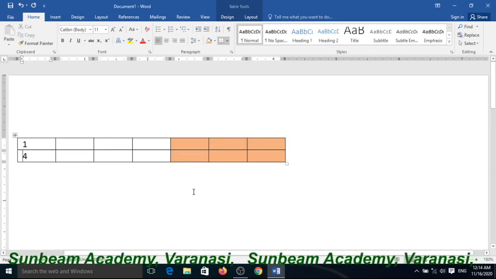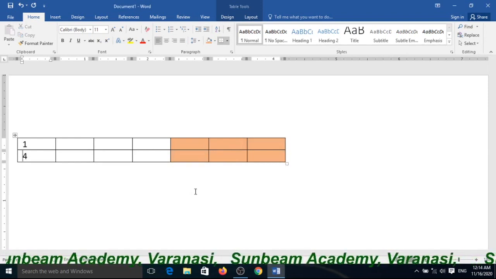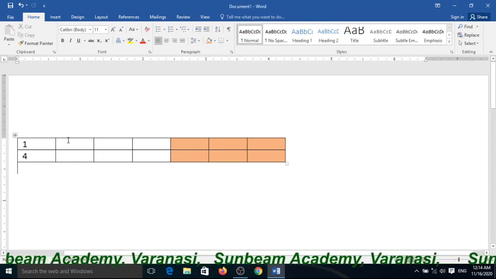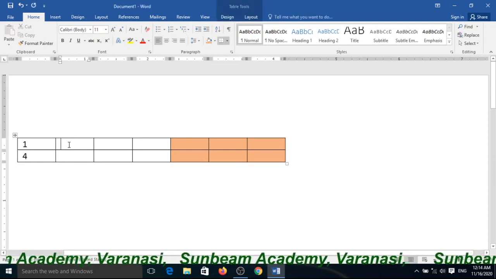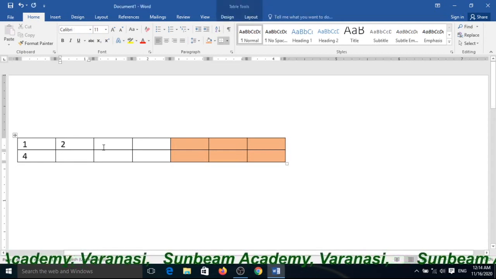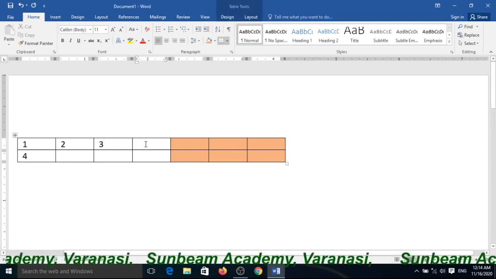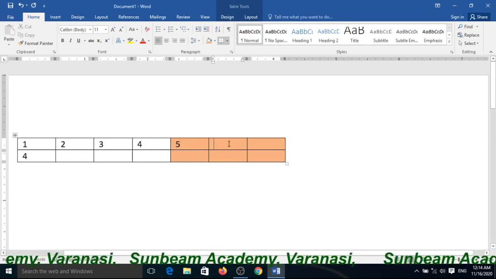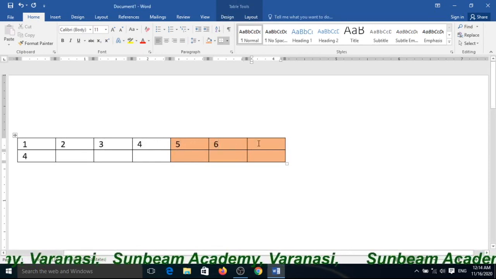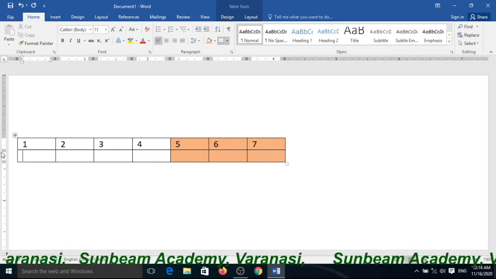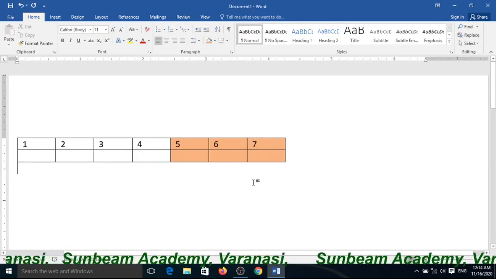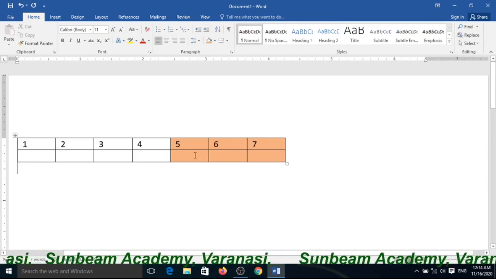Same method. How can you delete a column? You can see here there are 7 columns, which you want to delete.